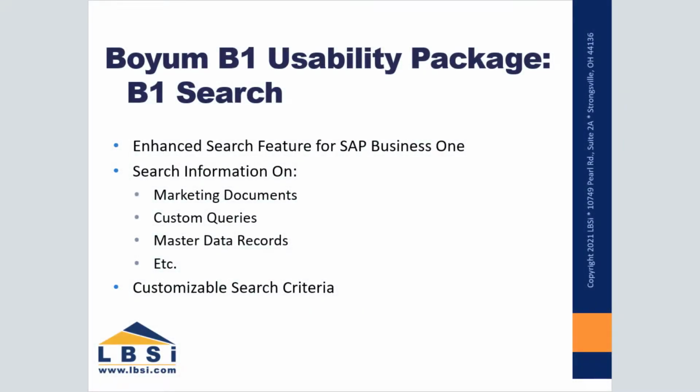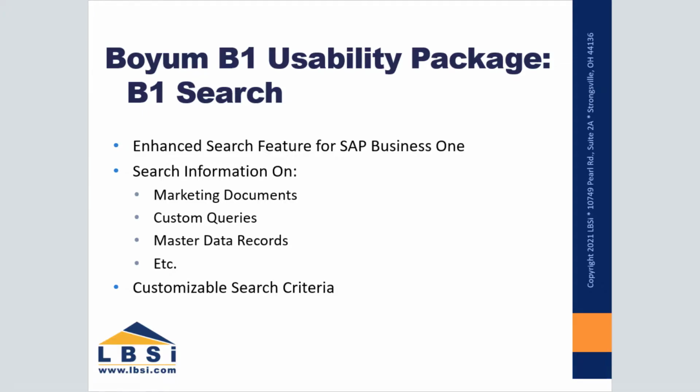The B1 search functionality is a part of the Boyum B1 Usability Package. It provides a more enhanced search feature for SAP Business One. You can search for pieces of information on marketing documents, custom queries, master datas, and much more in your system. You have the ability to customize the search criteria by creating a custom SQL script to refine the search results